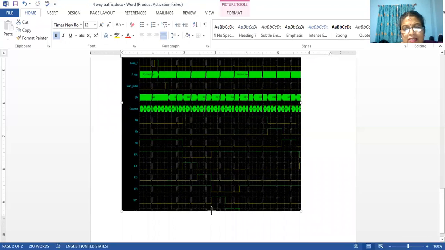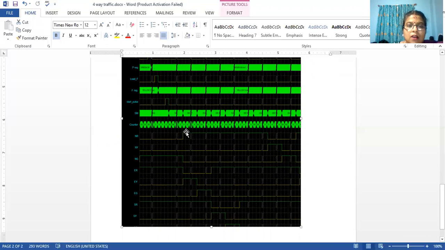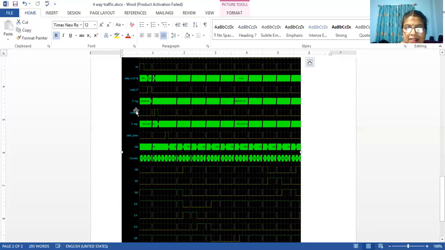Agree? All these are your outputs which you see. Now the Preg, Freg, the counter and state machine are internal signals. What do you mean by an internal signal? For designing your block, you may have to use some internal logic and internal signals. That is what is described here.